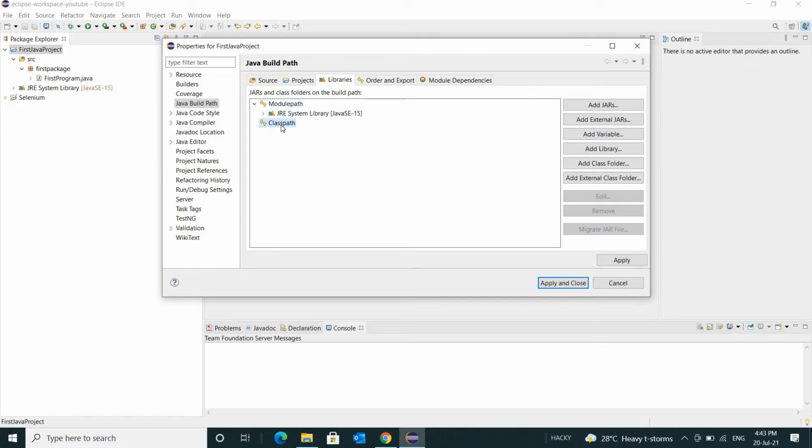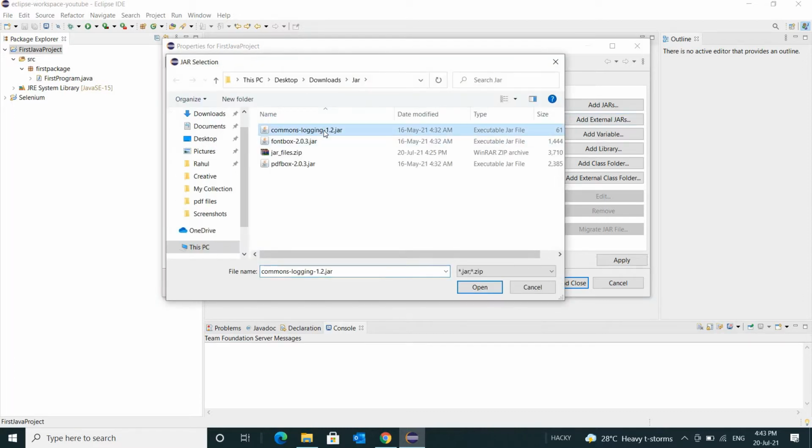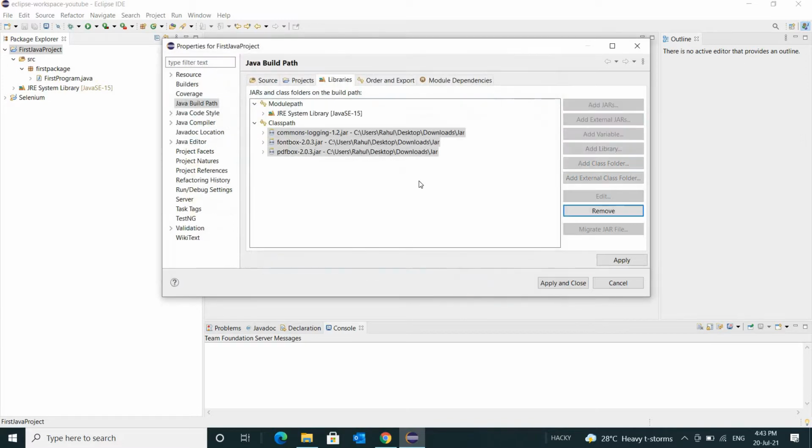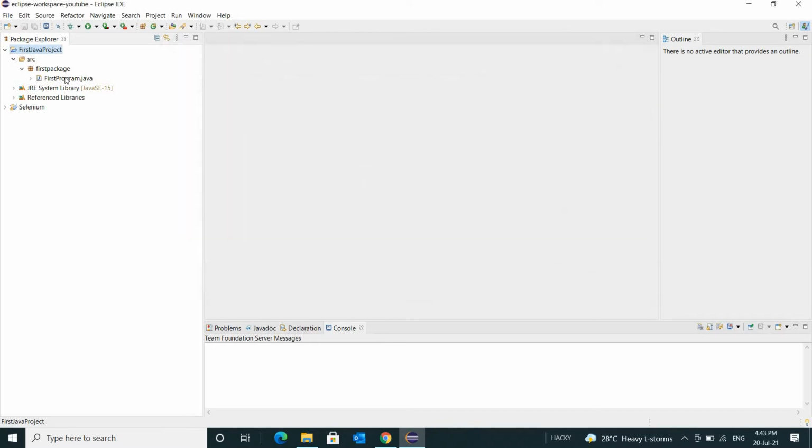Then click on Add External JARs, then add these jars. Open, see, jar files are added, then apply and close. After that, we have done our first step to add jar files.